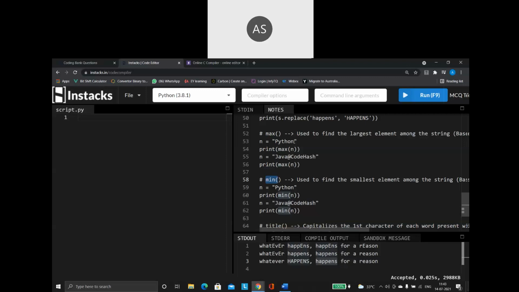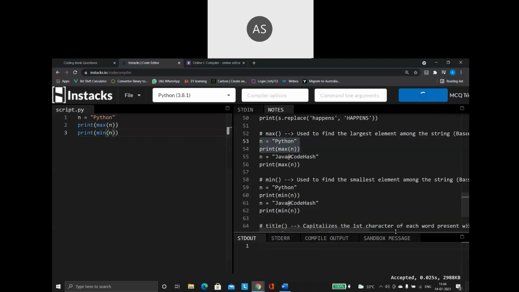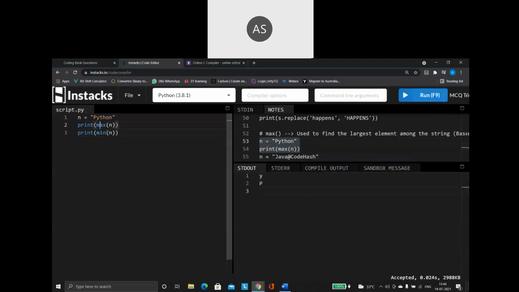Based on the ASCII value. Remember what I have told you? Every string, that is every character, has an equivalent ASCII value. So when you are using the min and max function on a string, then it is going to give you the ASCII value. Whichever character is going to have the maximum ASCII value. Say for example, I'm giving here min and I'm giving here max. Both the functions I'm going to make use of. Right, let us run this piece of code. See what is that you are getting? Max is y. Max value is y.